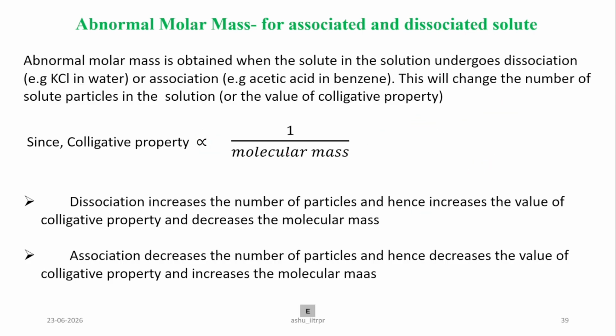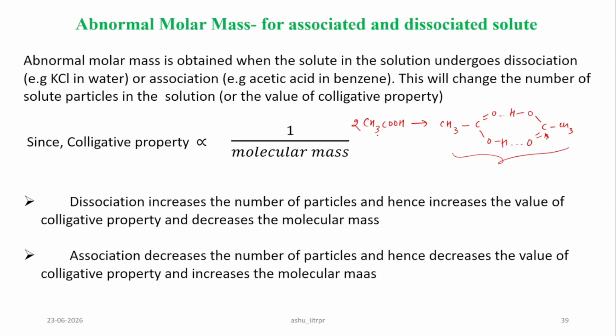Similarly, if I take another example like acetic acid, CH3COOH, two molecules put together undergo association. I can associate these two molecules: CH3, CO, and then OH. This is one acetic acid molecule, and another acetic acid molecule would be this one. Again I can write it in this way: CO and CH3. There is hydrogen bonding between these two and hydrogen bonding between these two. So these two molecules are getting associated.